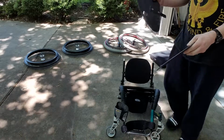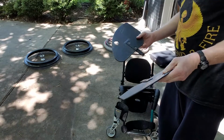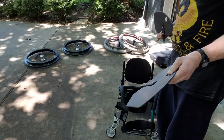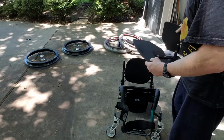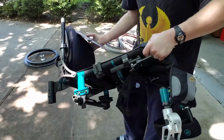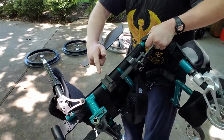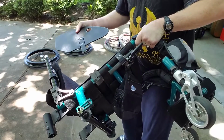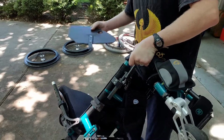Now, these two pieces form a border for the seat cushion. So these connect on each side of the chair in this slot right here. It doesn't lock in place or anything, it just slides in. When you put it in though,